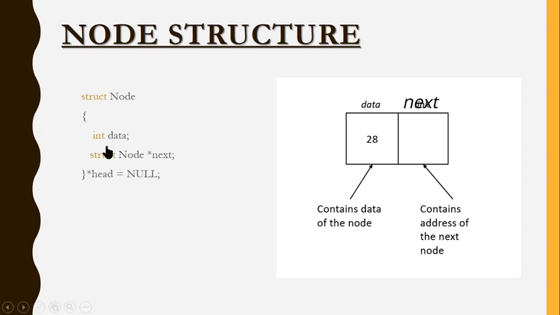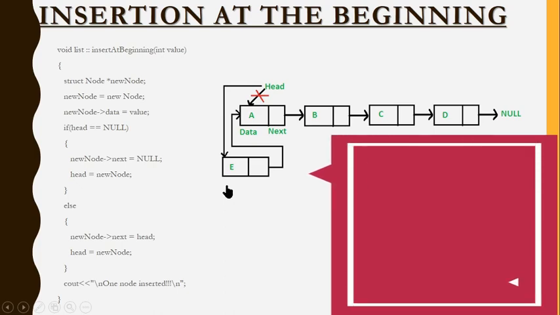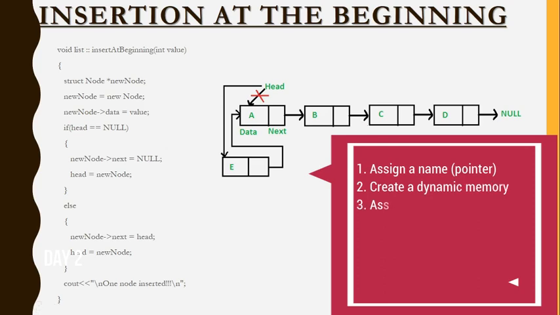So once you have created the structure, we see about the first function, insertion. We have three categories: at the beginning, end, and the middle. First, we are going to see about insertion at the beginning. Before looking at the code, look at the picture. First important thing, mark all these things which I am saying step by step. It is going to help you out. First important thing, make sure you are assigning a pointer first, since you're going to create a new node, and then only you're going to decide whether it's going to be in the beginning or at the end or the middle. So first your job is to create a node. If you want to create a node, you need a pointer. You have to create a pointer.